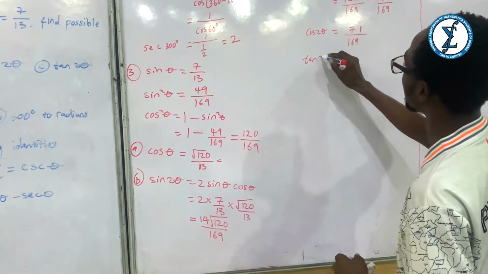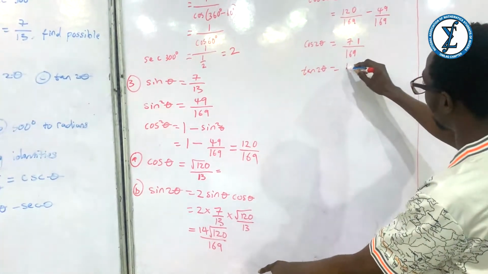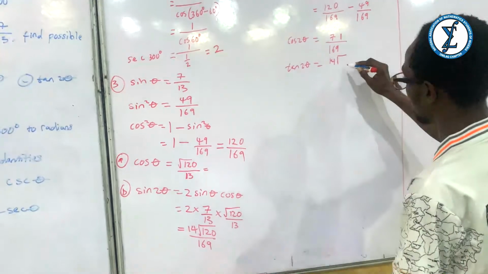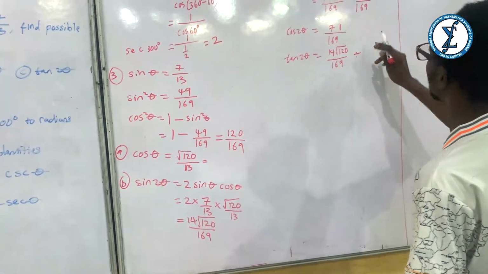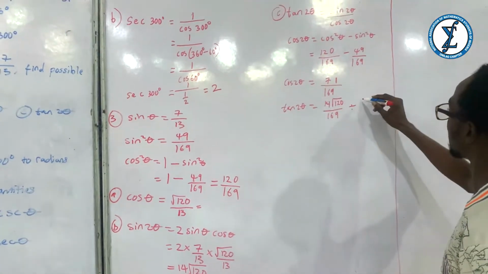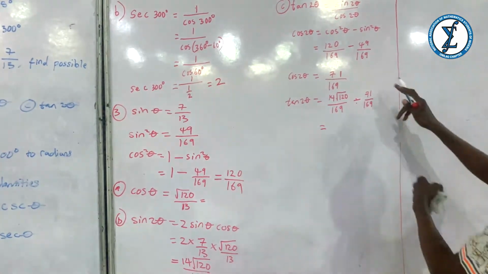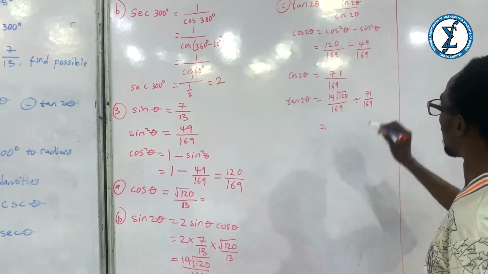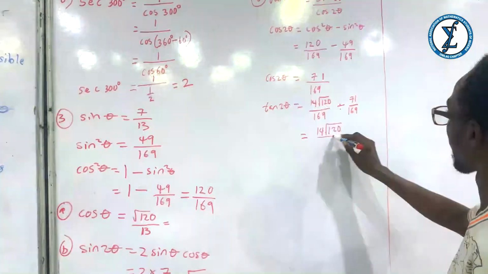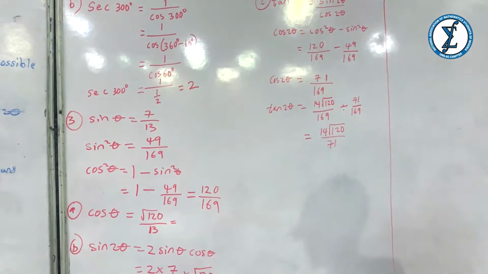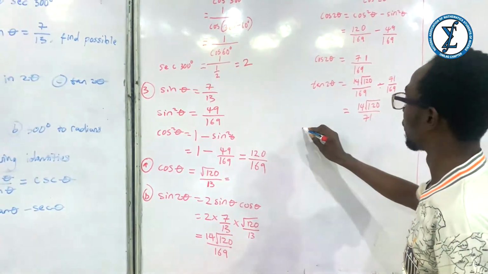Tan 2 theta is equal to sine 2 theta, which is 14 root 120 over 169, dividing cos 2 theta, which is 71 over 169. And by the time we evaluate this, we will be working around 14 root 120 over 71. Now we have to think smart, work smart. And so we move on to